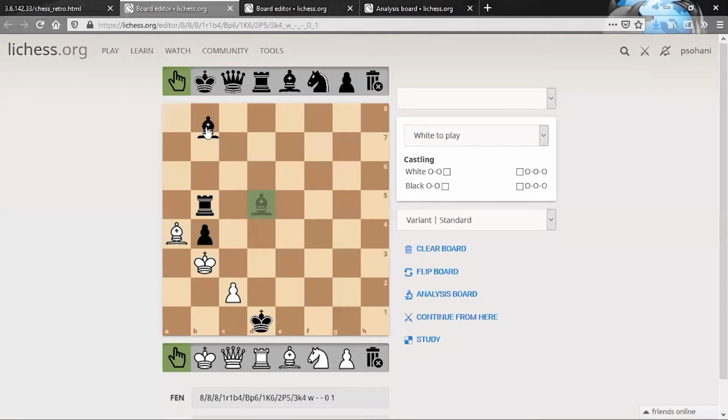So the first move is that the black bishop came here from somewhere, we don't know where. Then white blocked the check from black. Then black gave a double check with this knight capture, and finally white recaptured here, and that is how this position arrived.